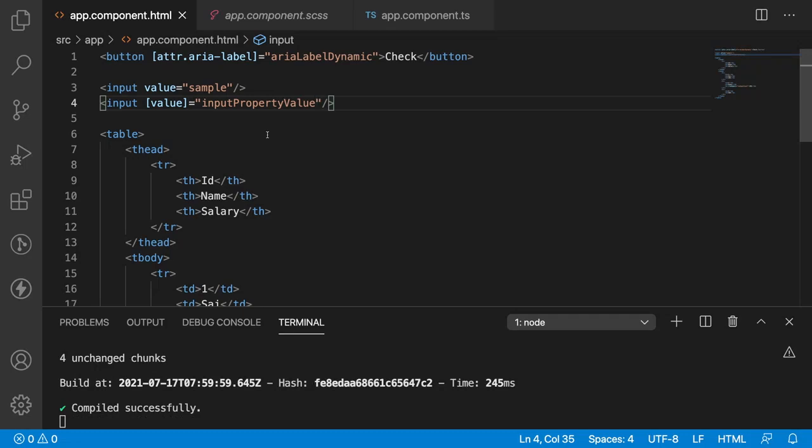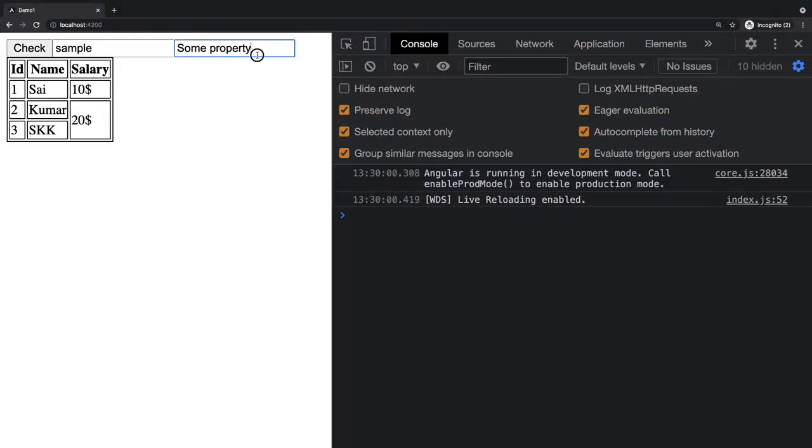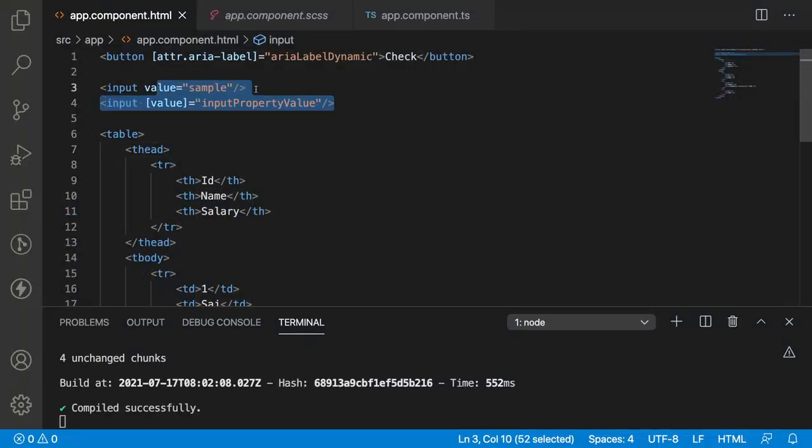Save this. So here you will see the two inputs where one is acting with a property and one is acting as an attribute. By this we can understand this is an attribute, this is a property. Here in this case, this will be acting as an attribute and this will be acting as a property binding.